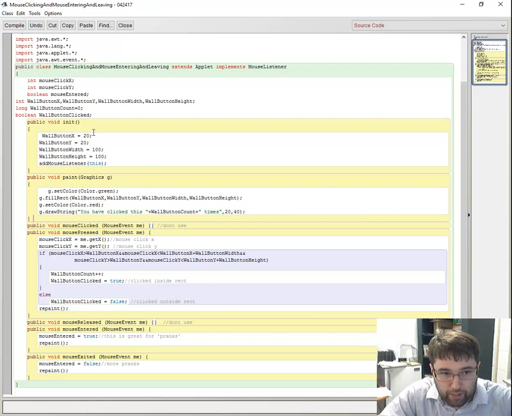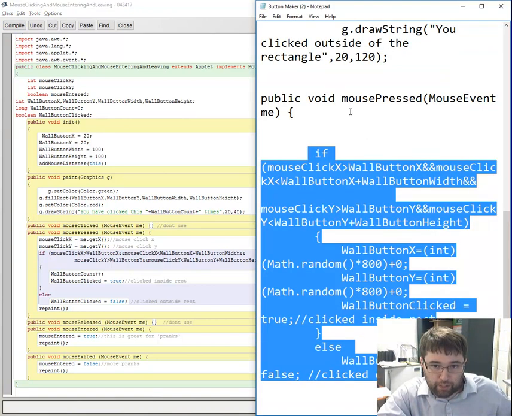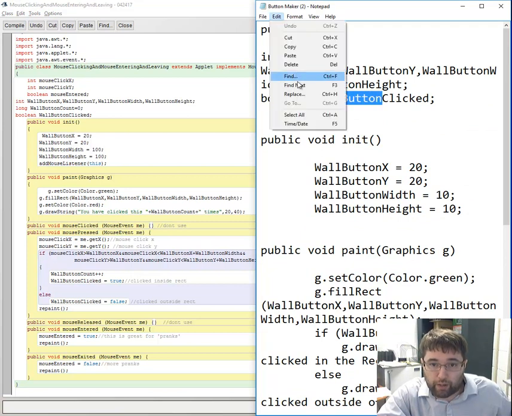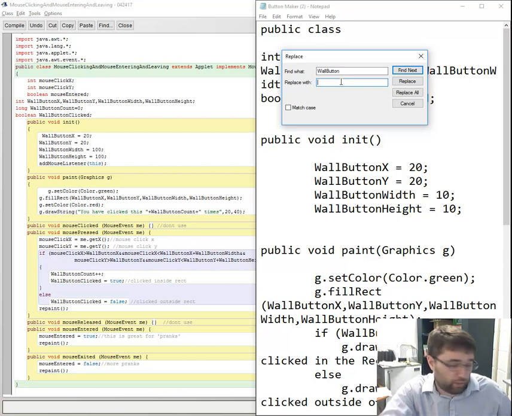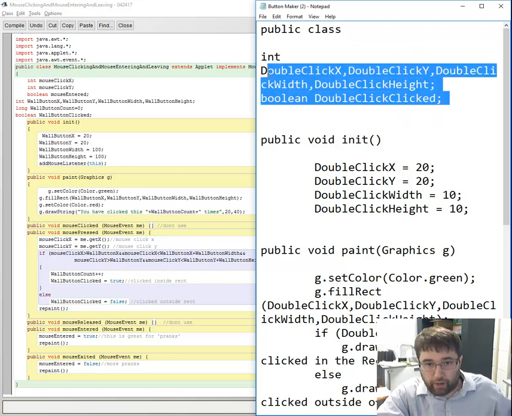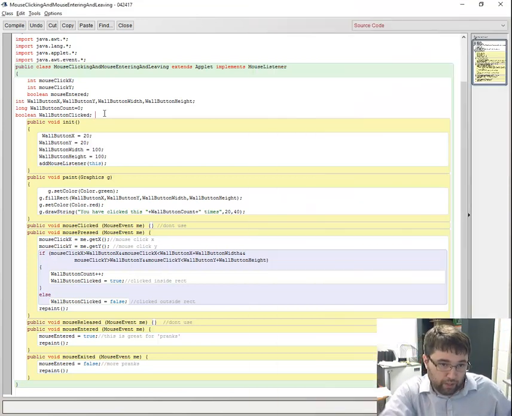Now what I need to do is basically copy this. I'm going to go back to my button maker text file, and now I need to make another button, so I'm going to go edit. First I'm going to copy wall button. I'm going to go edit, replace wall button with double click. I'm going to go replace all,